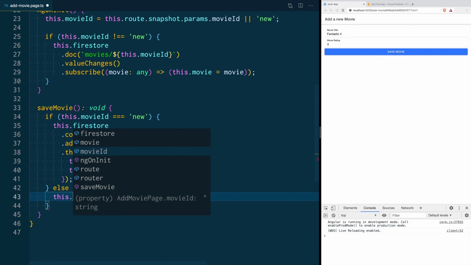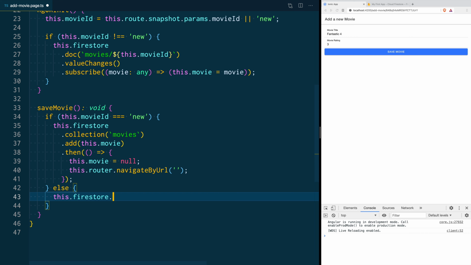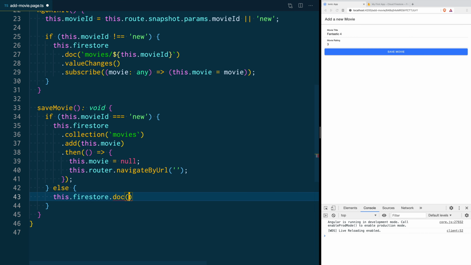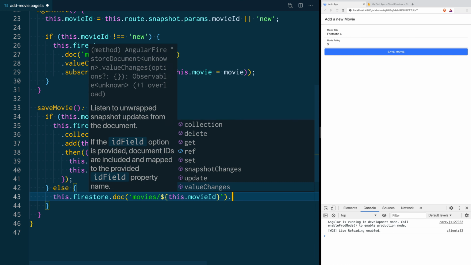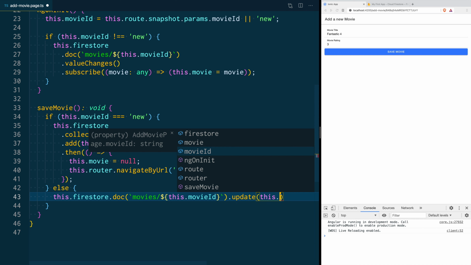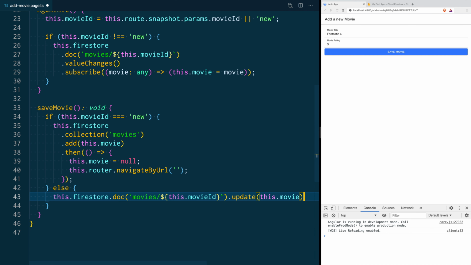We're going to say, okay, Firestore, we are not going to go to the collection, we are going to go to the specific document. And in here I can say, okay, movies/ and I can pass the movie ID. And I can say, okay, I want to update this document and I want to pass whatever value is in this.movie. After that, it's going to be the same.